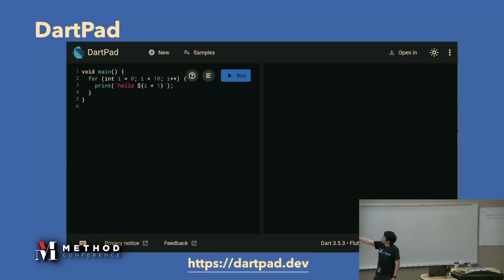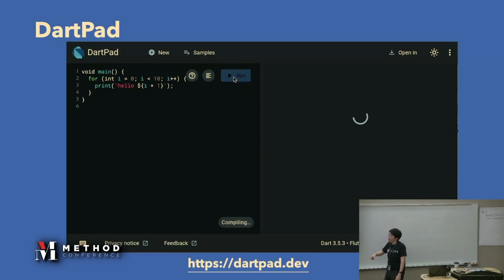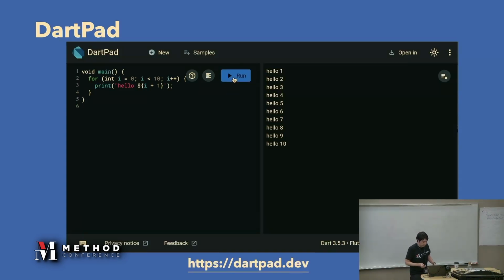This cloud-based tool can easily let us implement our source code like this. Write down this start code, and just by pushing the run button, we can easily confirm the result of this code.